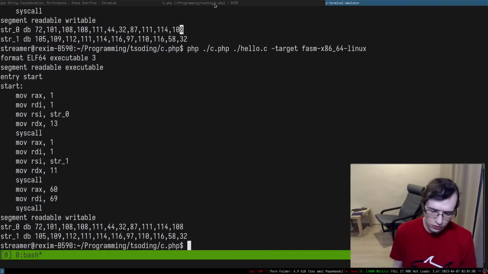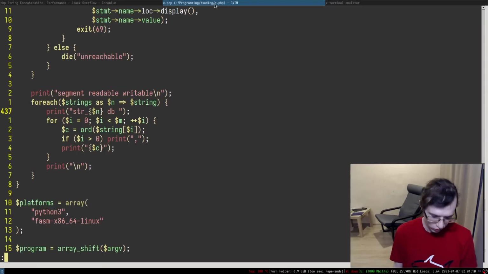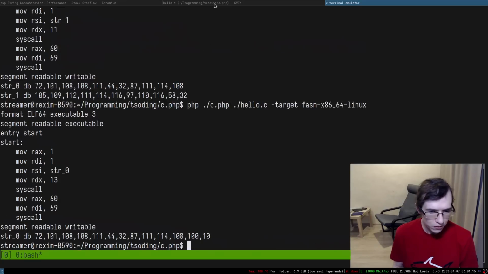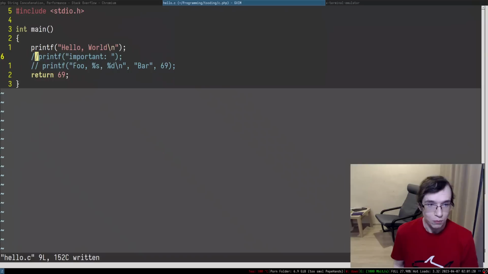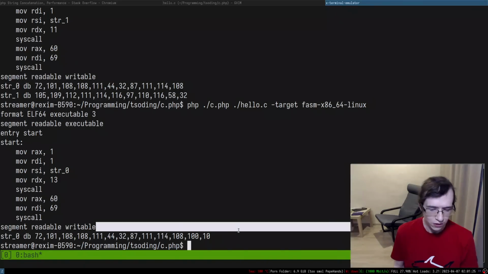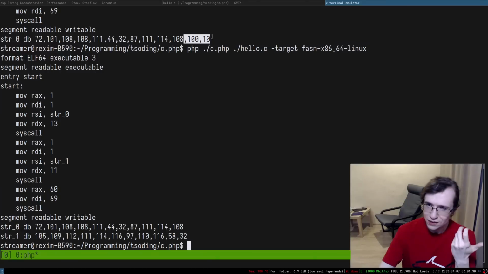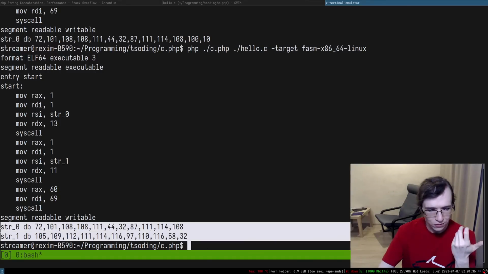This is not what I expected. These are completely different strings. So if I go to hello.c and comment this out, okay, it's 110, makes sense. I put this stuff in here, and it's something else. It stops at, like, it loses some of this stuff. How does that make any sense?